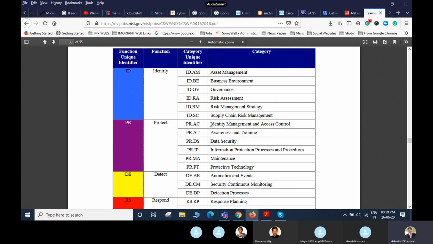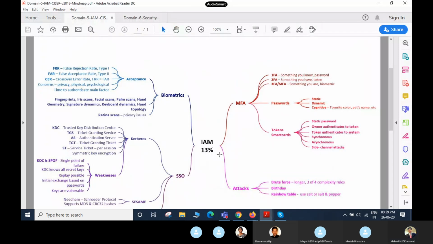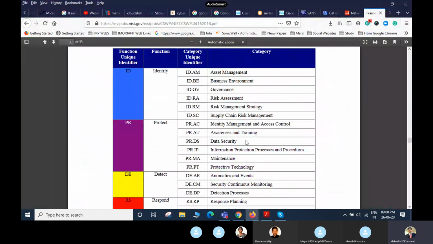Okay, the same thing is identity and access management controls. Identity management. So we are talking about identity access management. It's the IAM. So it's a part of the cyber security sort of things. How are you going to maintain the identity management and access controls? So we talked yesterday about different types of access controls. Awareness and training. IT security awareness and trainings.